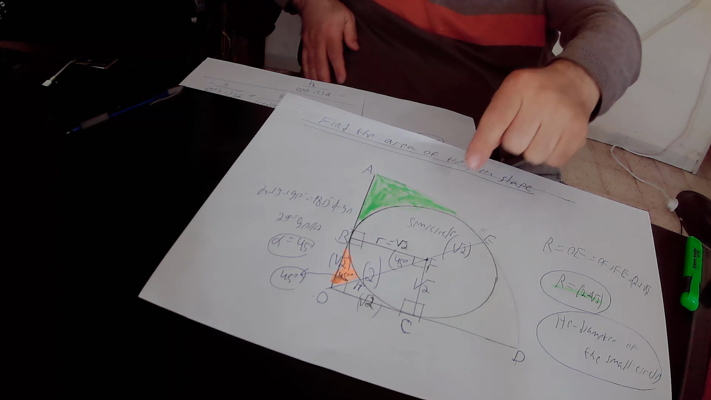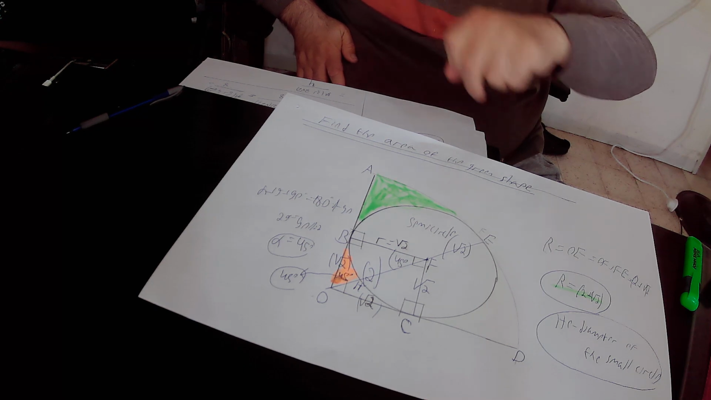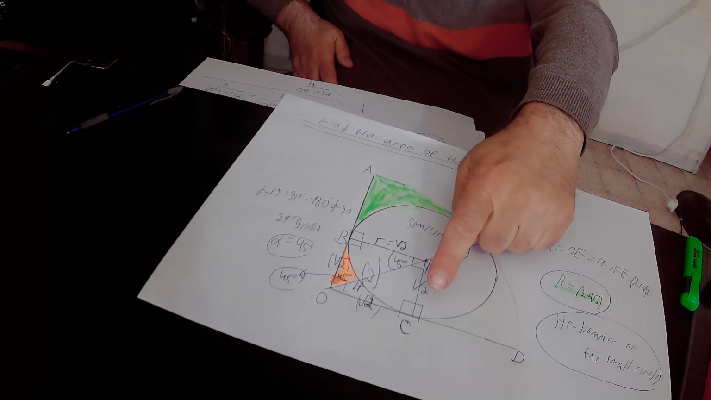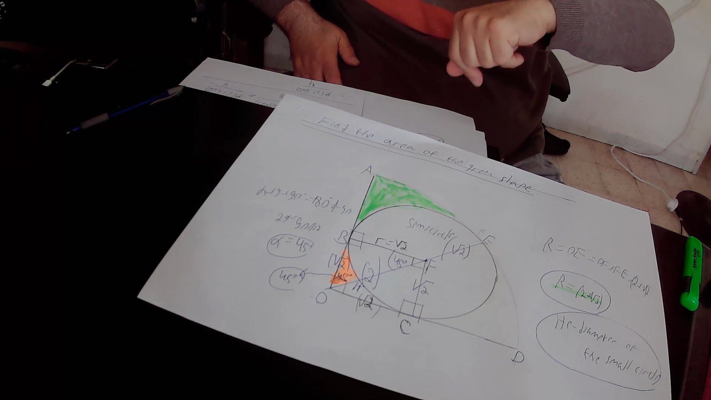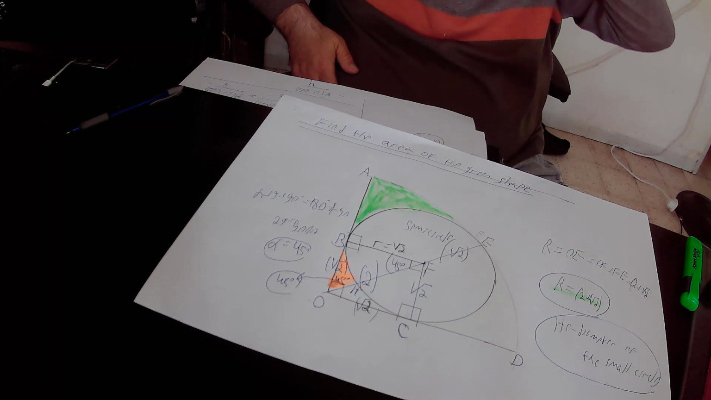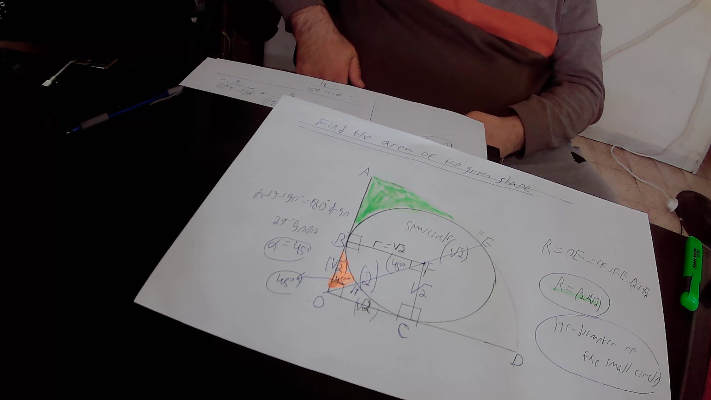Then we join points F and C together by a straight line. Point F is the center of the small circle, and point C is a point on the small circle itself. Therefore, FC is the radius of this small circle that is equal to the square root of 2 units, as given in the question. And we have here rule 1. According to rule 1,